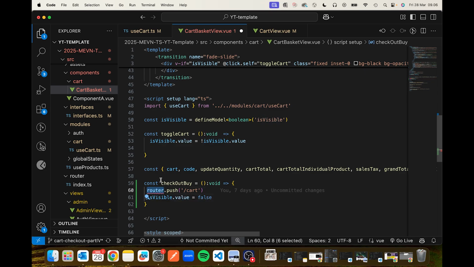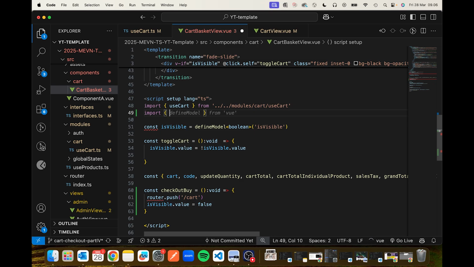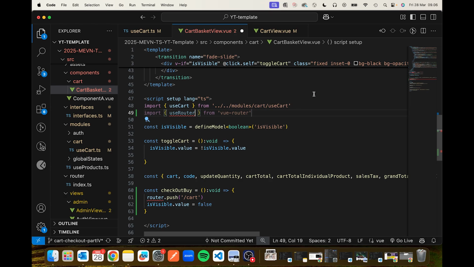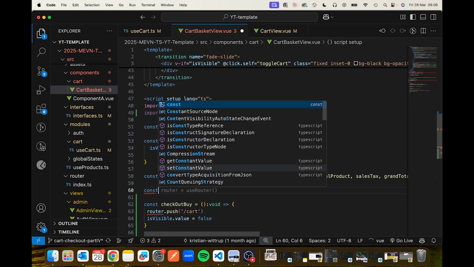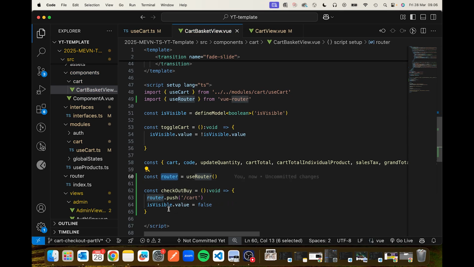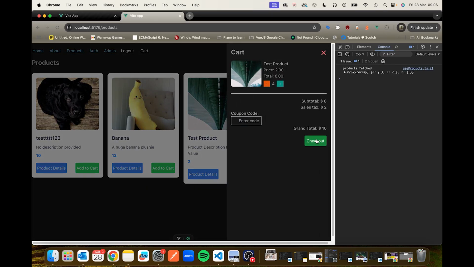Router here is because we can't just use router unless we import it in. So we need to grab it from vue-router. So import up here, parentheses, and then we will do useRouter with an R from vue-router, and then we will store this const router here from useRouter. So we have it here and here. So let's click save. And let's go back, let's refresh this for good measure, cart, and then we click checkout,